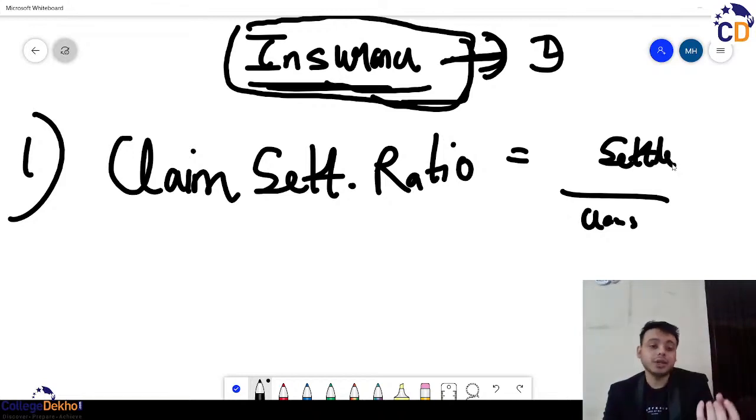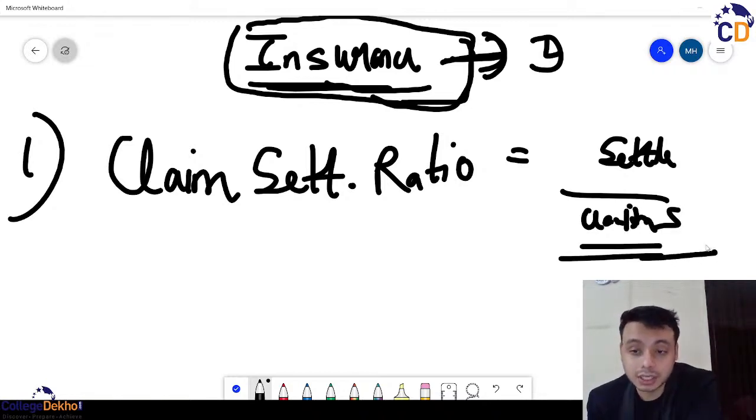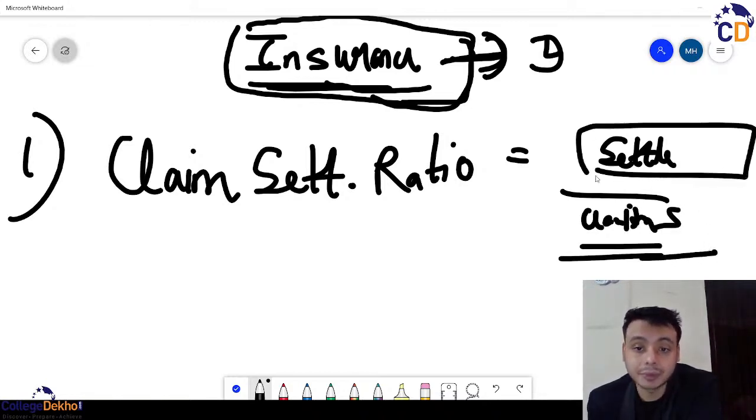अगर 100 क्लेम्स कंपनी के पास आए हैं, has the company settled all 100 claims, or has the company settled 50 claims, 40 claims, 30 claims? Again this claim settlement ratio should be as high as possible. उससे पता चलेगा how effective this insurance company is. 100 क्लेम्स मिल रहे हैं, तो the company should settle as many claims as possible. So out of the total claims received, how many claims the company has settled? Okay, so that is nothing but your claim settlement ratio. That is one thing you need to know.